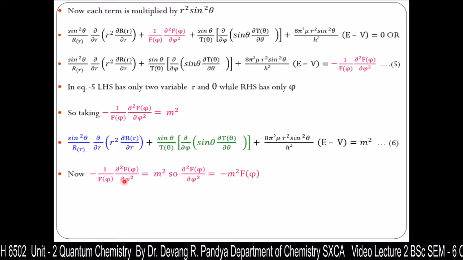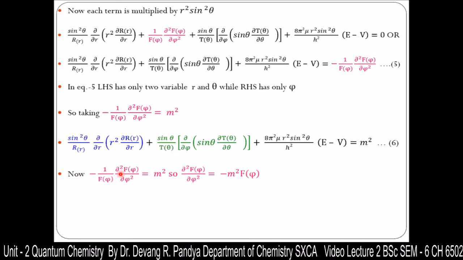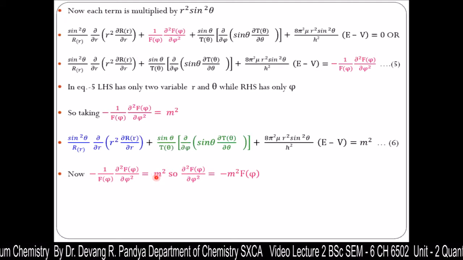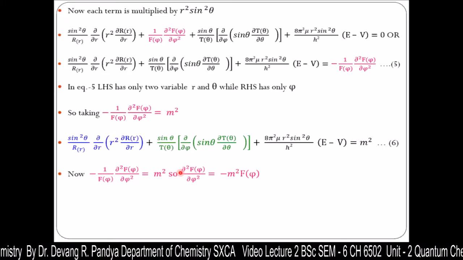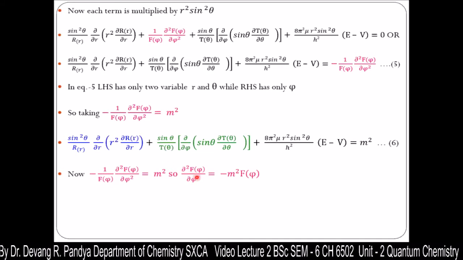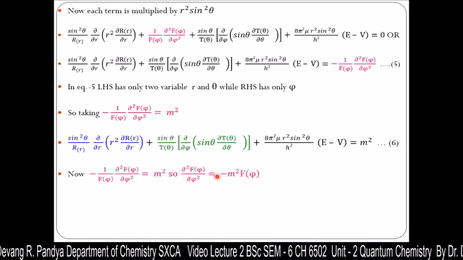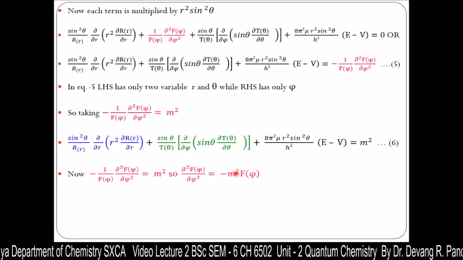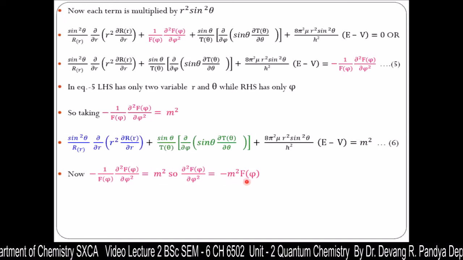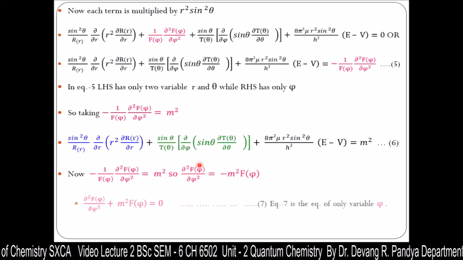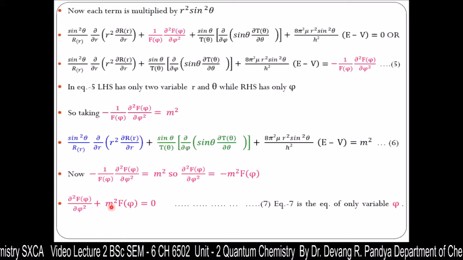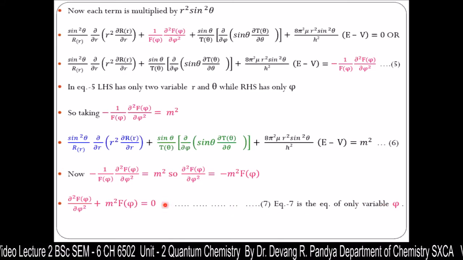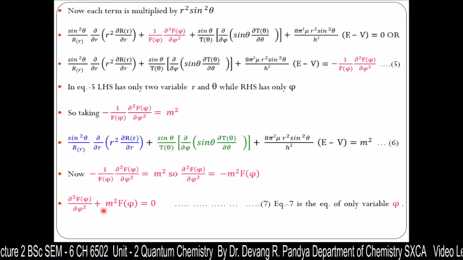Now this value, minus 1 upon phi d square phi by d phi square, is equal to m square. If we keep this on this side, it can be represented as d square phi by d phi square equal to minus m square phi. Moving it to the other side, we get d square phi by d phi square plus m square phi is equal to 0. This is only a phi-based variable equation,